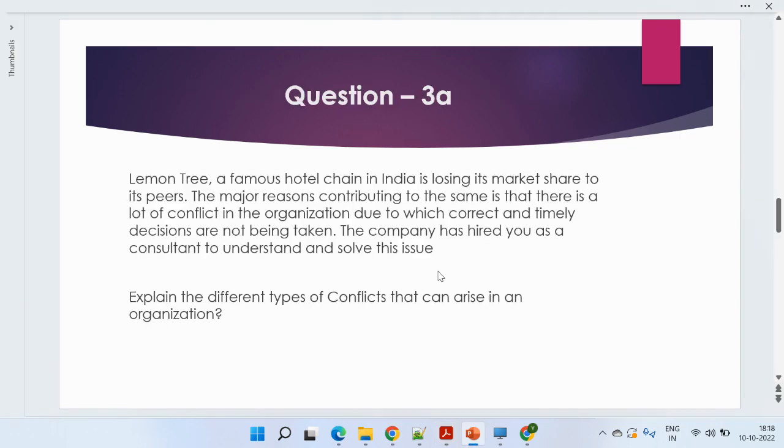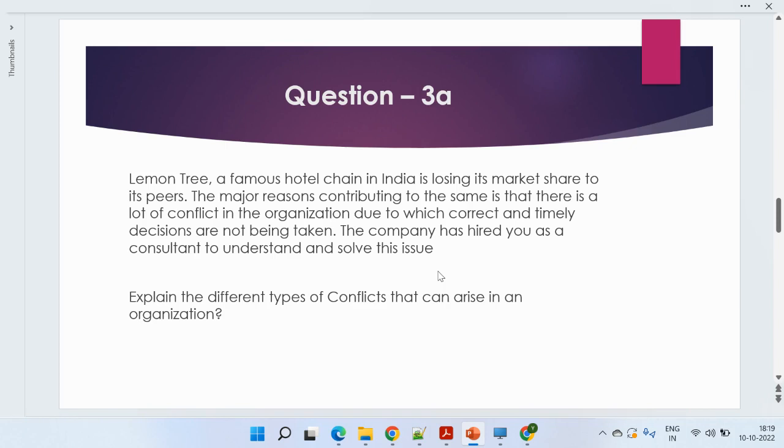So the second question is pretty much clear. Moving to the third question, the third A. Before going to the third question, I just want to highlight one thing, because many students are asking that in the third question, in many of the questions, it's mentioned question number 3, and after that they mention A and B. They're asking whether we need to write something about the third question, then write third A, and then third B. No, it's not like that. You need to write about third A and third B.